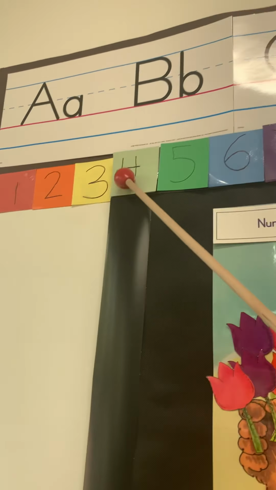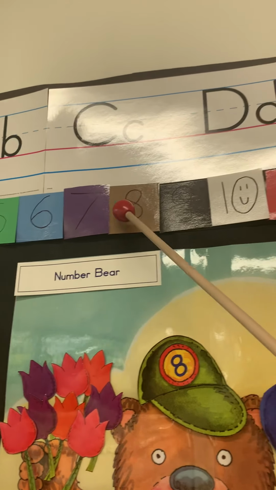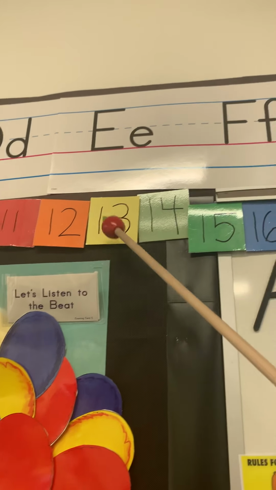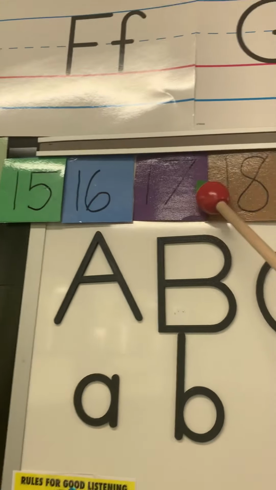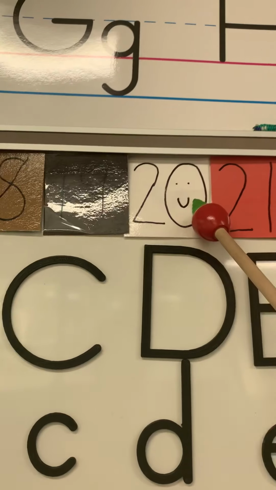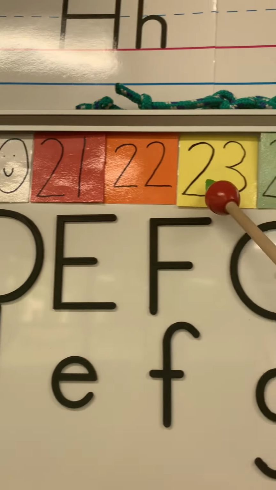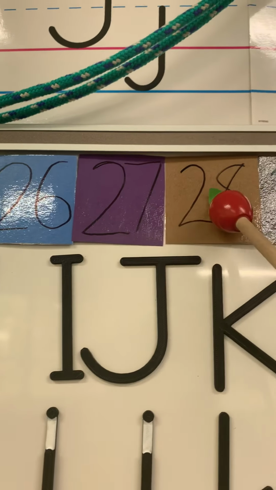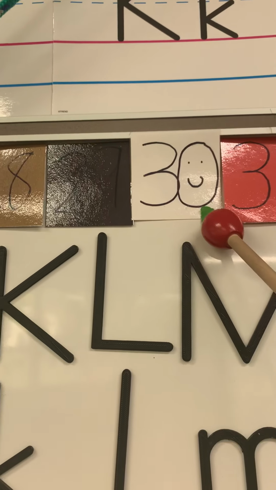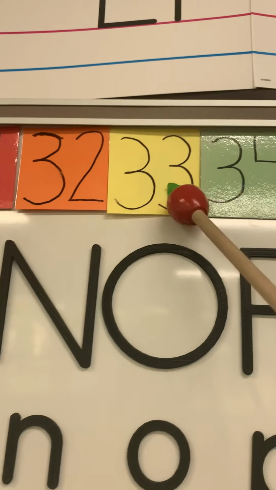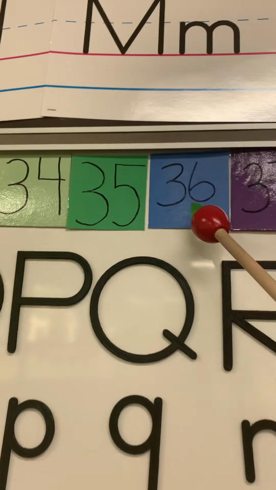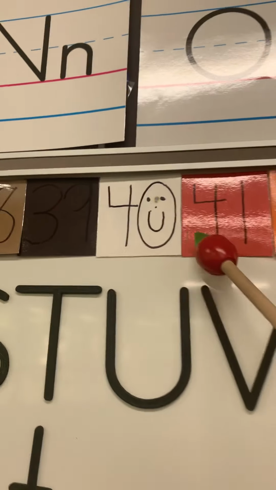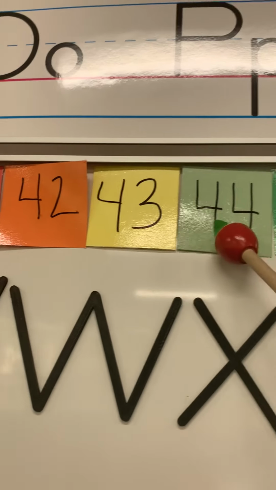1, 2, 3, 4, 5, 6, 7, 8, 9, 10. Did you clap for Zero the Hero? 11, 12, 13, 14, 15, 16, 17, 18, 19, 20, 21, 22, 23, 24, 25, 26, 27, 28, 29, 30, 31, 32, 33, 34, 35, 36, 37, 38, 39, sorry about that glare, 40, 41, 42, 43, 44,